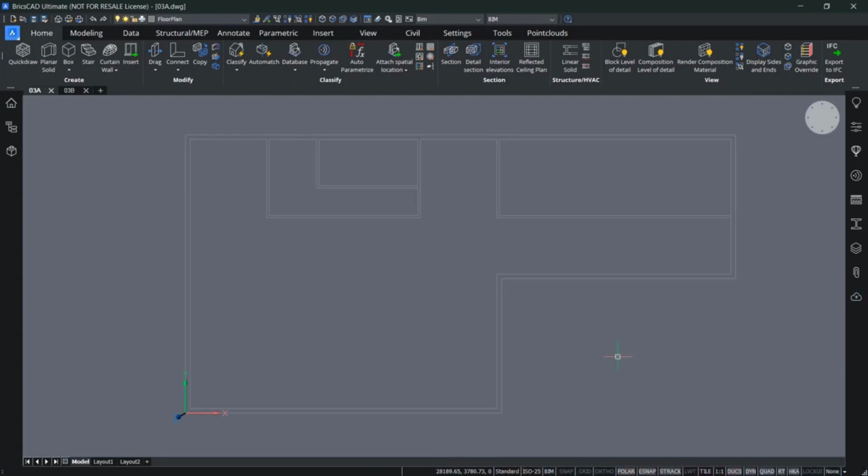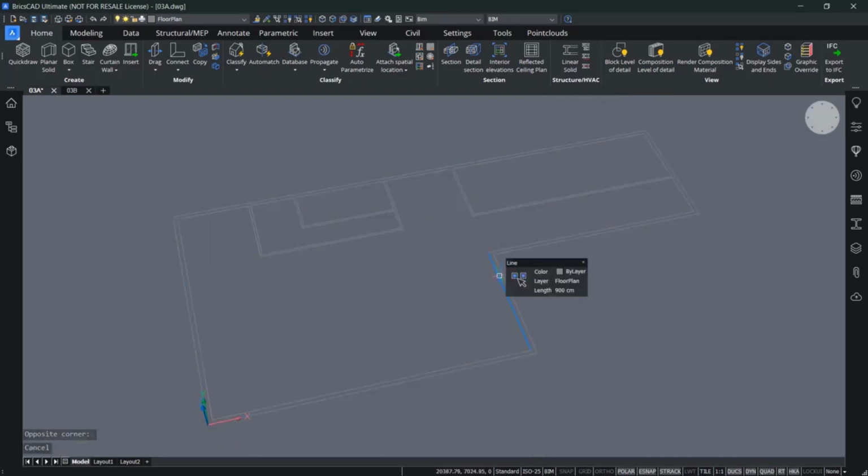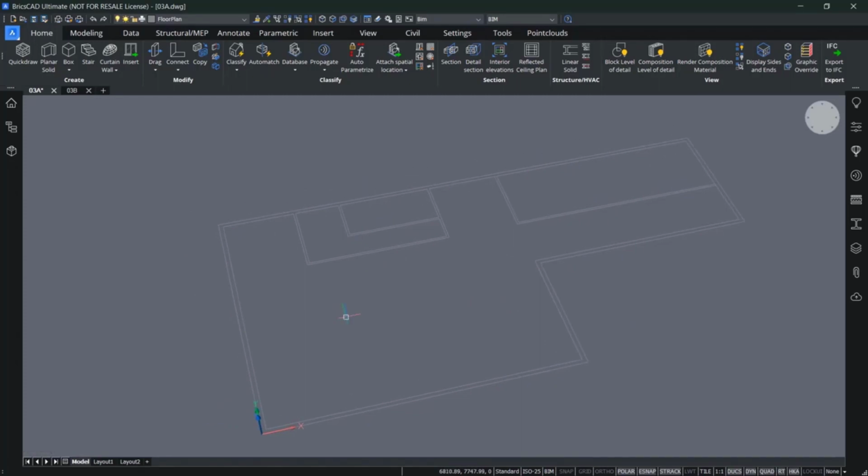Okay, so first example, I will be using the tool of QuickDraw to trace over an existing simple 2D floor plan and create a 3D model from it. So here I have my drawing open, where you can see I have just a couple of lines ready to use. So these are just polylines and lines. And let's start with this layout and go to the Home tab and use the command QuickDraw right here,